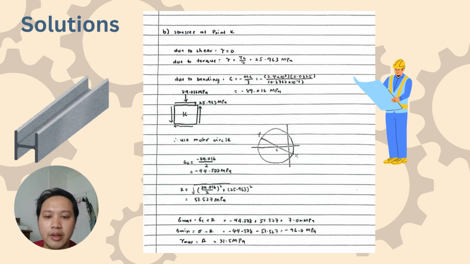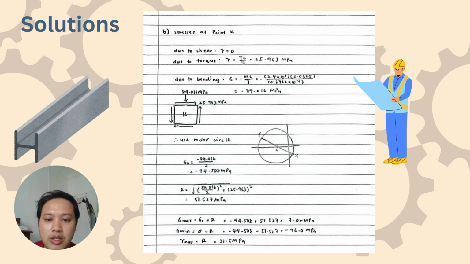So to calculate the principal stresses, we use a Mohr circle. For the center C, we just have to divide the sigma bending by 2, which will get negative 44.508 MPa, and R is given by the formula. We use the square root of sigma C squared plus tau squared,